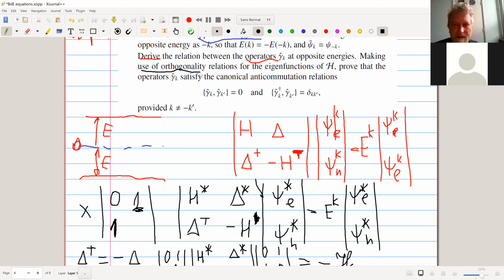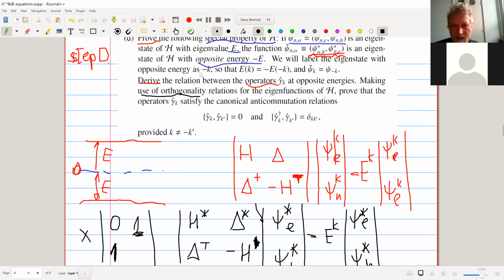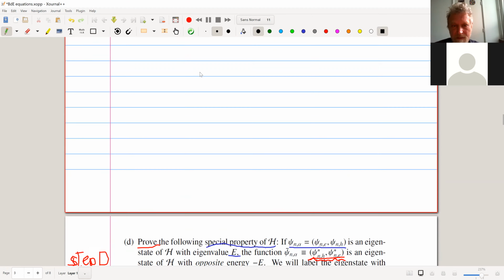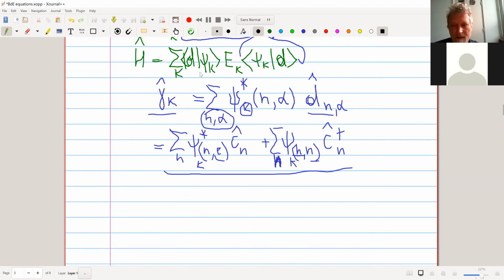Orthogonality relation, and basically these transformations are described by orthogonal matrices. The relation between operators gamma k at opposite energies, we just need to look here and replace